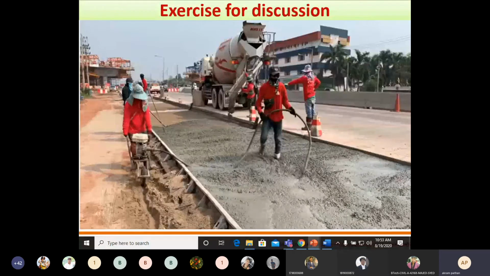So segregation means the cement slurry will come on the top portion, due to bad mixing proportion, and we have to compact, or you can say the honeycomb of the concrete. If you do very good compaction, then we have to use this particular vibrator. So the homogeneity will be there.